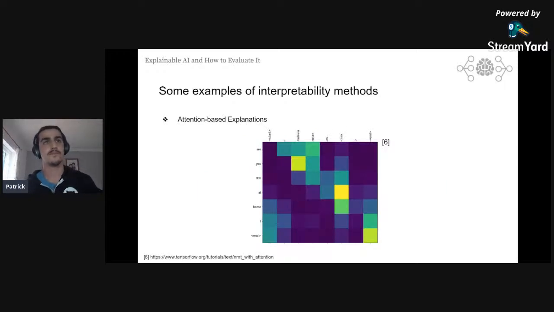Another example are attention-based explanations. Attention-based explanations work by leveraging the fact that recent models, such as transformers, rely heavily on the attention mechanism, which produces coefficients relating every part of the input to other parts of the input. For example, here we see in machine translation, the attention of, for example, an RNN says how relevant "you" is to "todavía" and how relevant "at" is to "casa". And we can take this